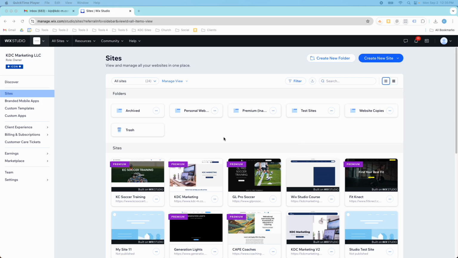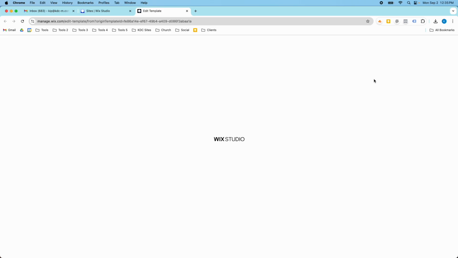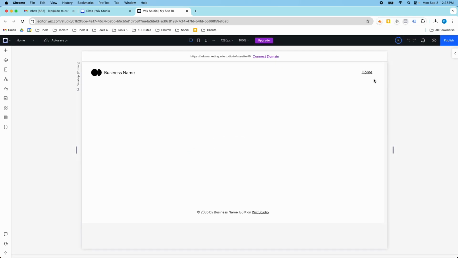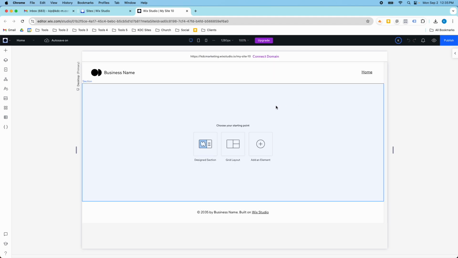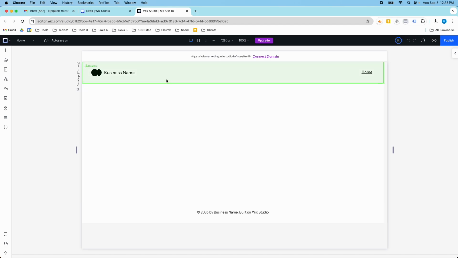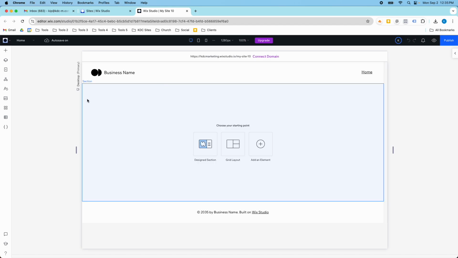So I'm in my Wix Studio dashboard here. I'm going to go to create new site and I'm going to do a Studio blank canvas. And then while this is loading, we're going to enable the CMS, or the content management system, for Wix Studio websites, which is such an underutilized feature of any Wix website because you can use CMS on the Wix Editor or Wix Studio. So I always start with this blank canvas here, and I'm going to just add this CMS